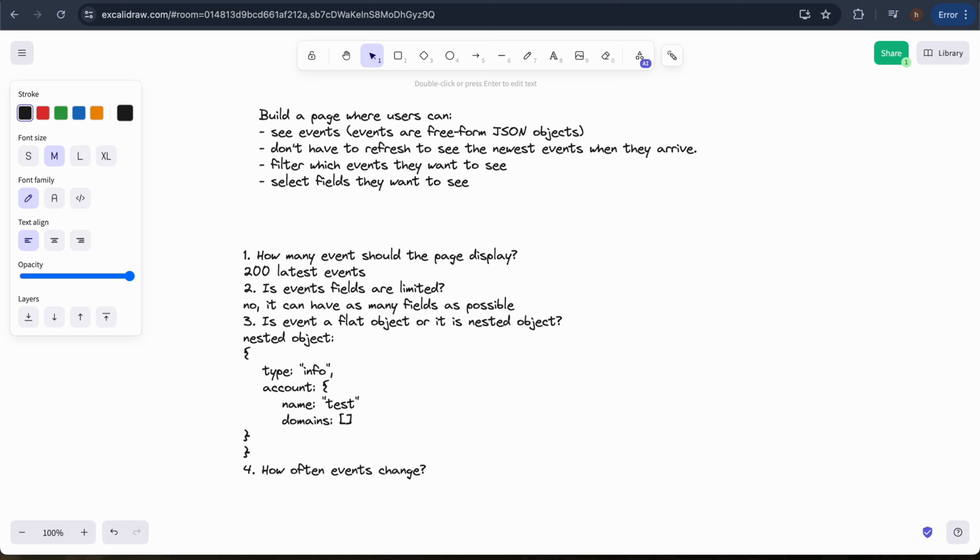There is no defined rate. It can be slow, it can be fast, and we need to handle all the possible use cases here. Okay, so when it says we need to be able to handle all possible use cases, it implies